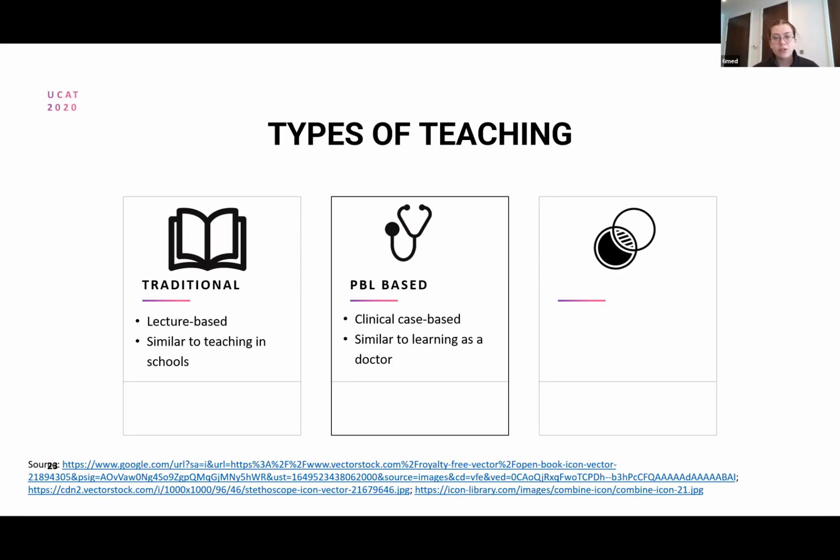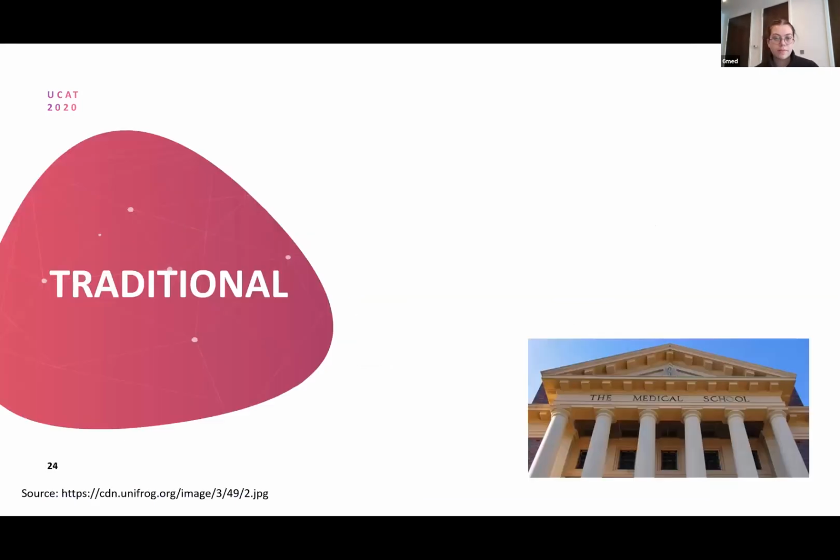It is very similar to the learning you will experience as a doctor. So everyone here will have PBL-based learning at some point of their career. It's just whether you want to have that form part of your medical school experience or not. And then the most common one now is integrated learning, which is just a mixture of those 2 styles. So like I said, traditional is